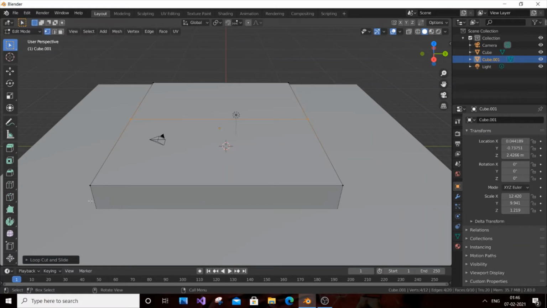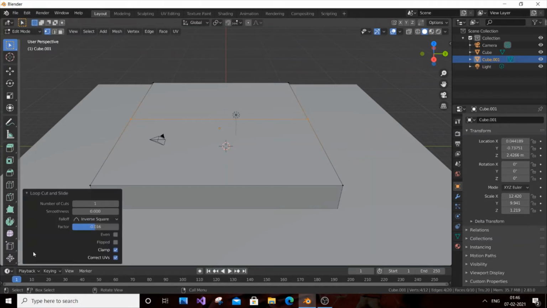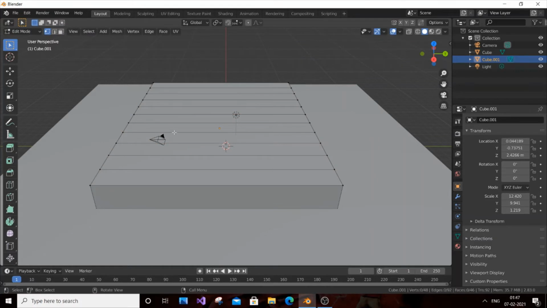So that's good. Now just go to the options panel, you will get an option, loop cut and slide. If you go here, you can change smoothness, you will have some 4 to 5 options, etc. Don't touch any of the options. Just go to number of cuts and increase it to 10. This will directly correspond to the number of windows. I think 10 is a very good size based on our model. If you are doing a very small one, you can do that also. After setting 10, just click outside, and you will get 10 uniform cuts throughout your building.